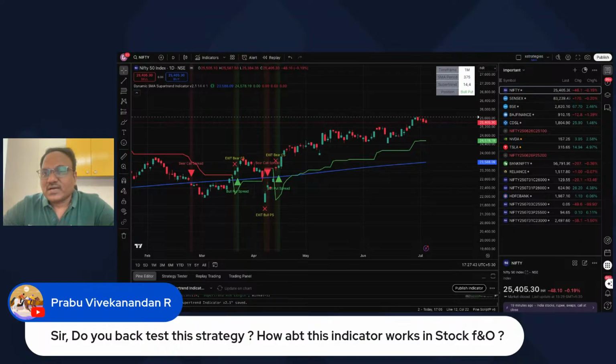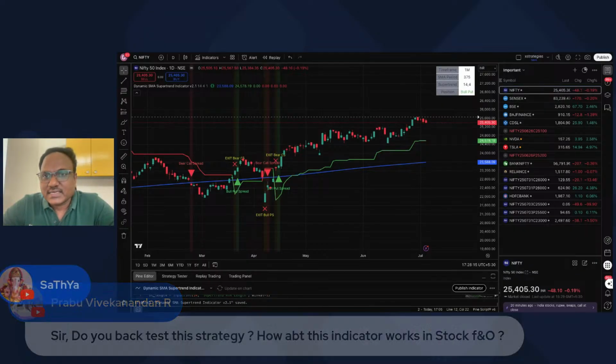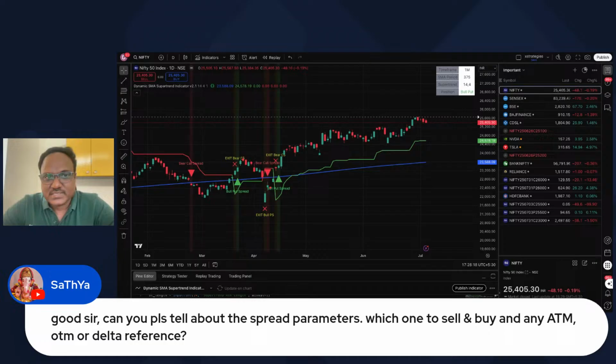No, I think this would work on the stock FNO, but the only challenge is the liquidity would not be so good. Usually the spread in most of the Nifty options is like 5 paisa, especially if they're very close, right? Or even 10 paisa. But if you look at stock options, the spread would be 20 paisa, 30 paisa, even for Reliance and some of those stocks. So that's the reason I wouldn't suggest you to do it on the stock. But stock options, maybe I'll show you a couple of strategies that I did in the recent days. I'm not sure if it is against SEBI's regulations, but I'll surely show one.